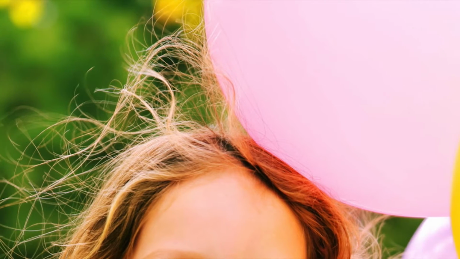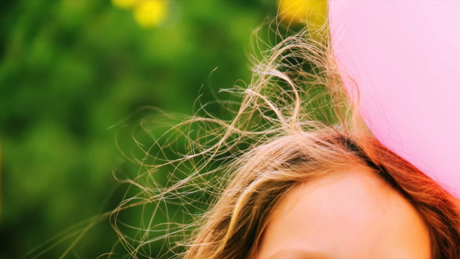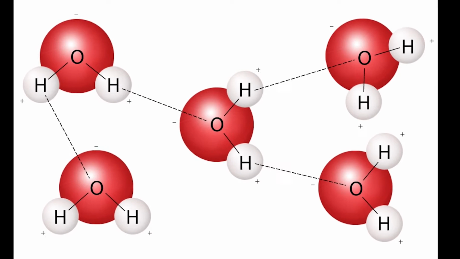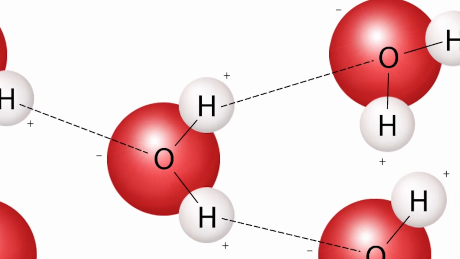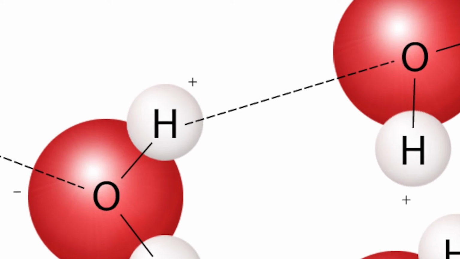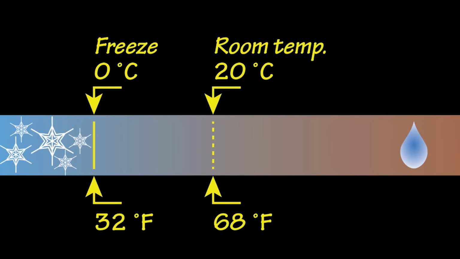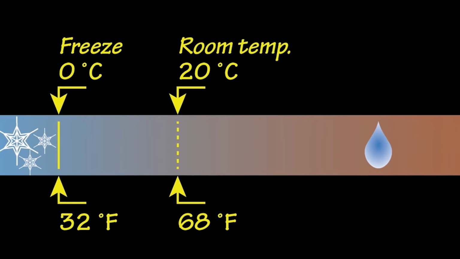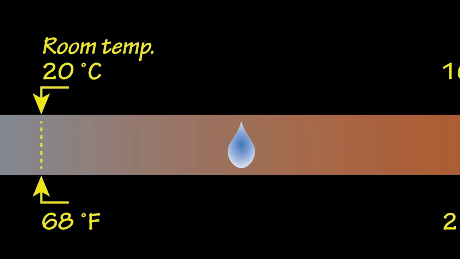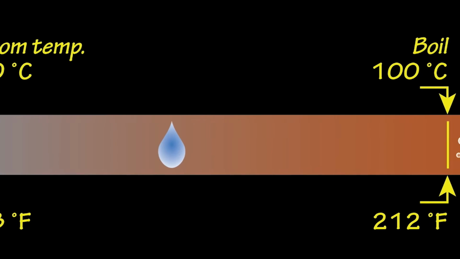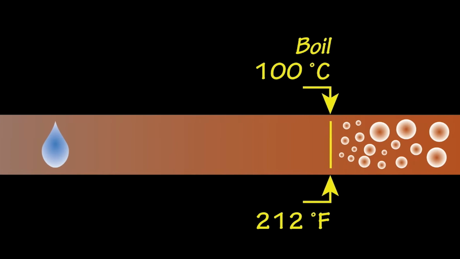This gives water a slight electrostatic charge, like rubbing a balloon on your hair to make it stand up. Since opposites attract, the positive hydrogen sides of one water molecule are drawn to the exposed negative oxygen side of another water molecule. These are hydrogen bonds. We see their effects in 3 forms of water: ice, liquid, and steam. In room temperature water for our experiments, the bonds are strong enough to keep the molecules from escaping and form the skin that we call surface tension.